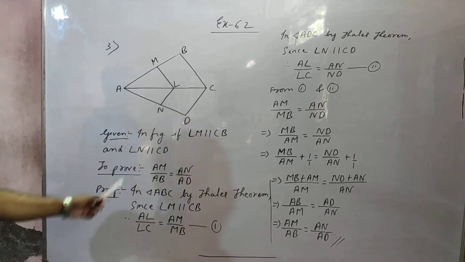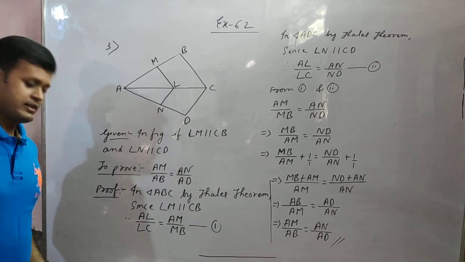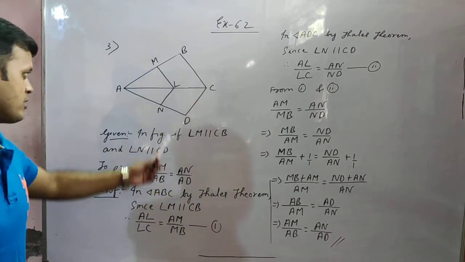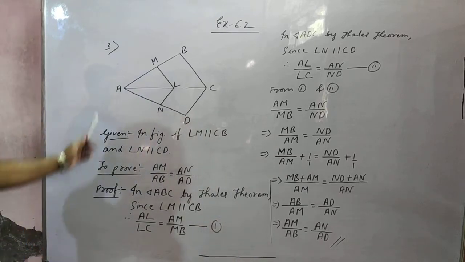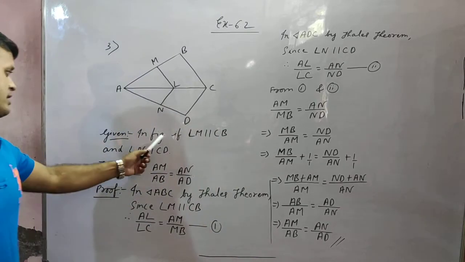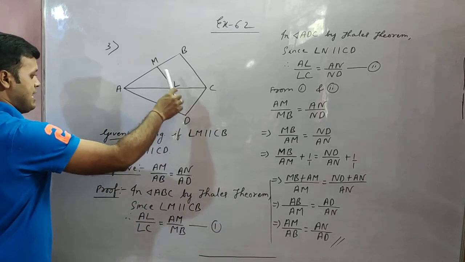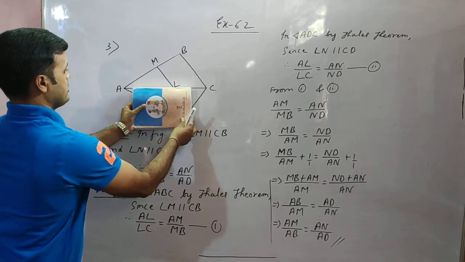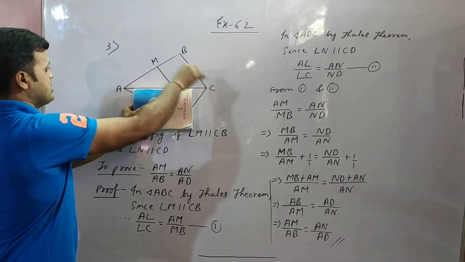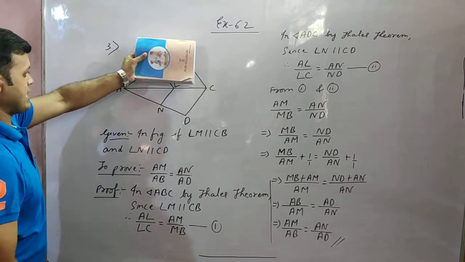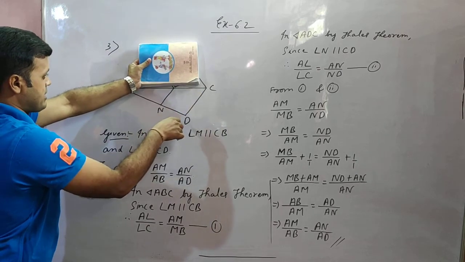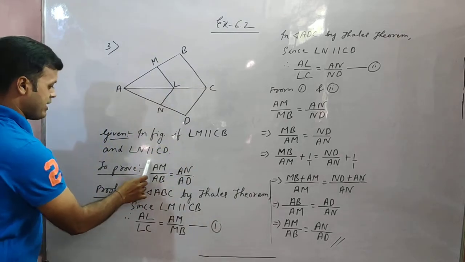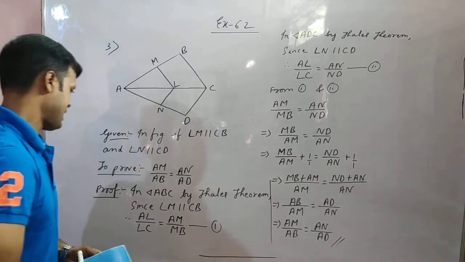Let us see. Okay. So in figure, this figure is given to you. This figure is given in the book. You see in figure 6.18. The 6.1 is the figure number here. In exercise 6.2, I am doing number 3. So in this figure, what is given? LM is parallel to CB. Just look at this triangle separately. Don't consider the lower triangle. LM is parallel to CB, and also in the lower triangle, LN is parallel to CD. Just forget the upper triangle. So in this triangle you see, LN is parallel to CD. So we need to prove AM by AB is equal to AN by AD. Absolutely easy.